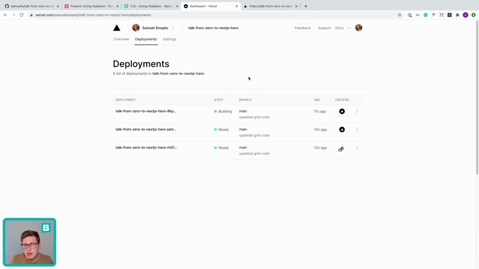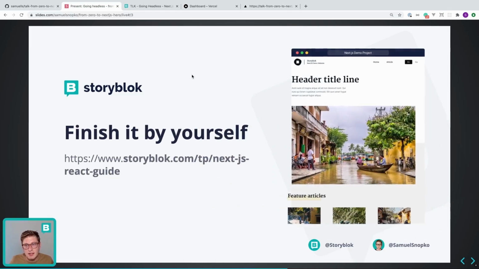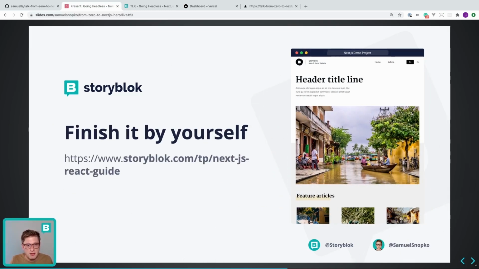And this is what I wanted to show you in this talk, going from scratch to a deployment in basically 30 or 35 minutes. The last two slides I would like to present are for if you want to finish this page by yourself, because we didn't finish that, there is more of it. You can set up Next.js with multi-language, and you can set up additional components. If you want to create a project like this, with featured articles, a header title line, a big hero image, a little navigation with multiple pages, and also English and German versions of it, just go to